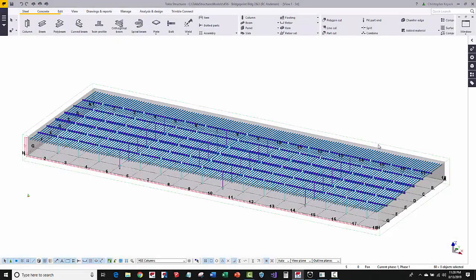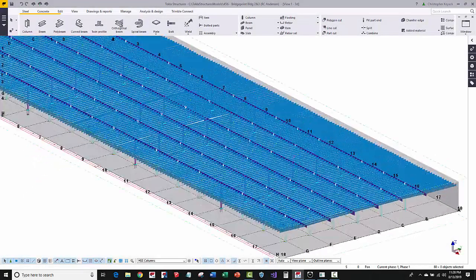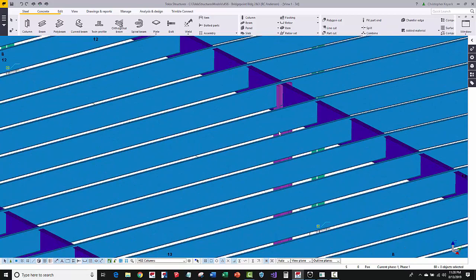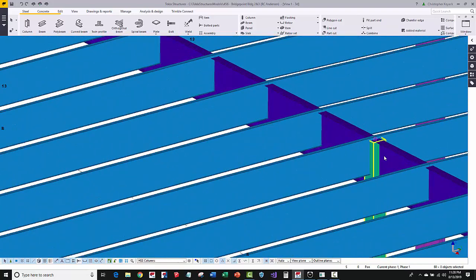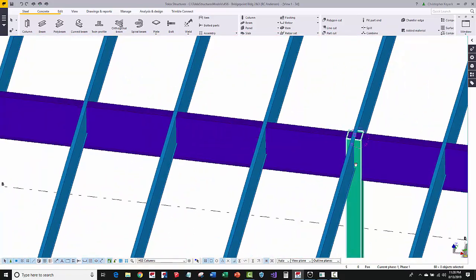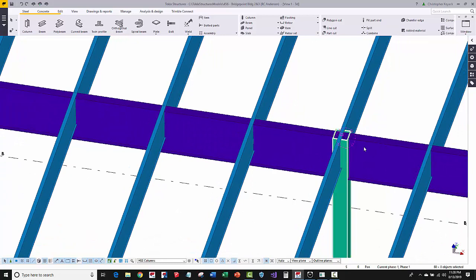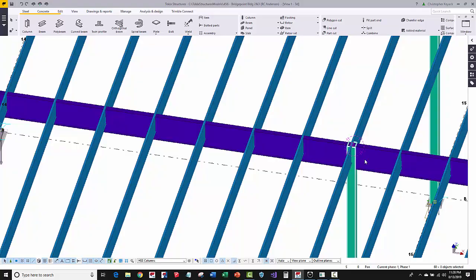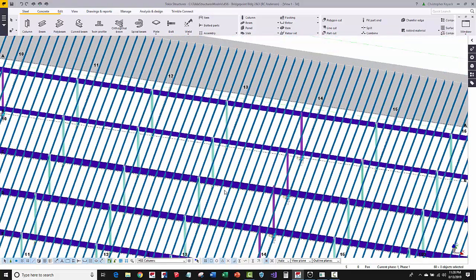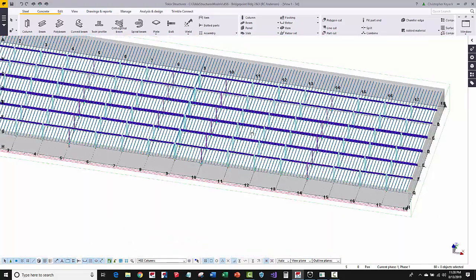I'm here with a McCombs steel model, and you can see that there's a lot of joists and joist girders, and then we have a lot of HSS columns here where we're going to get standard cap plates for the joist girders to sit on, and then the joists are going to frame to those joist girders. So what I need to do is apply all these connections to all these